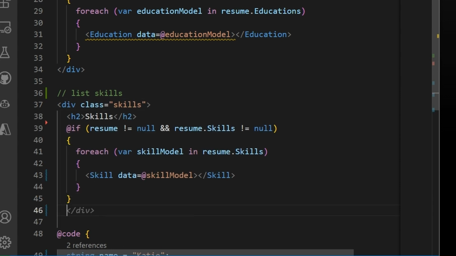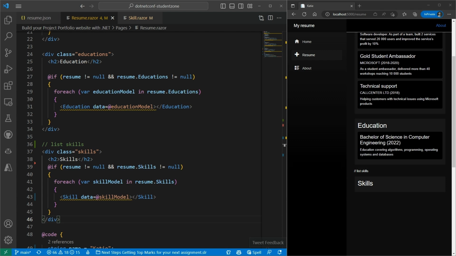So I'm going to take in this suggestion, and I've noticed that Copilot doesn't always add the closing div in my Razor files, so I'm going to go ahead and do that. And now you can see the skills section on my resume page of my site. So the other thing I'm noticing is Copilot is actually including this comment on that page, so I'm going to go ahead and delete that.